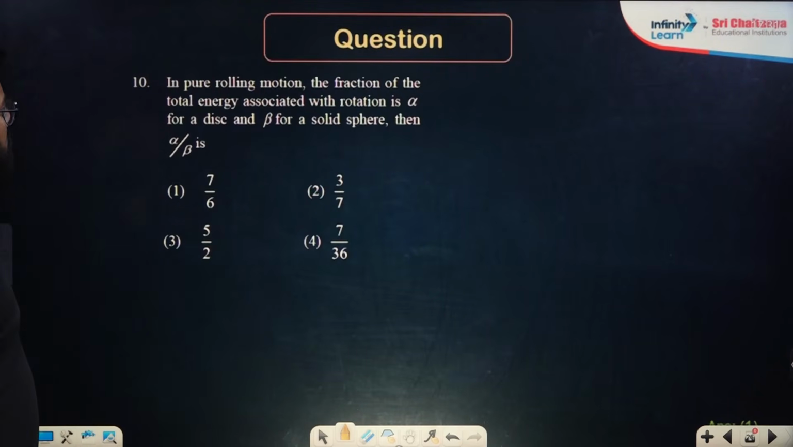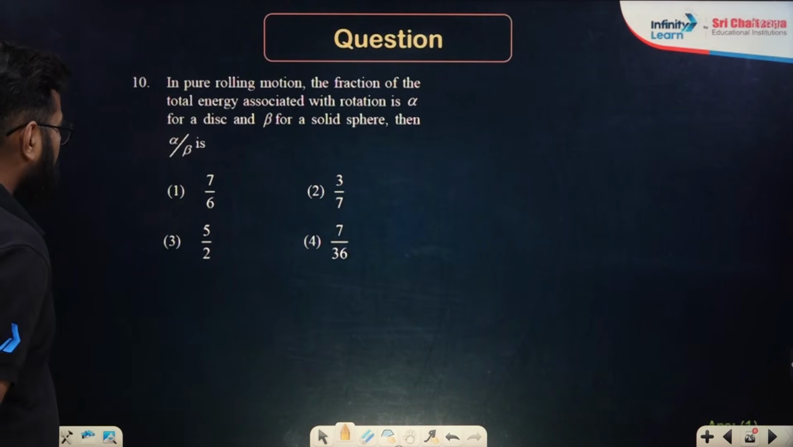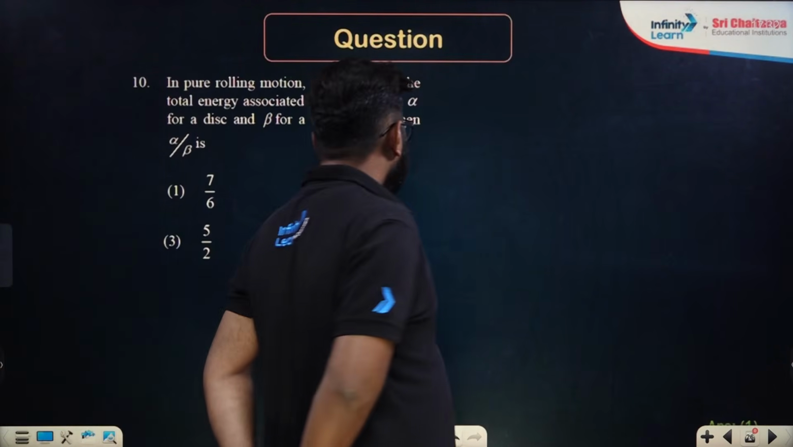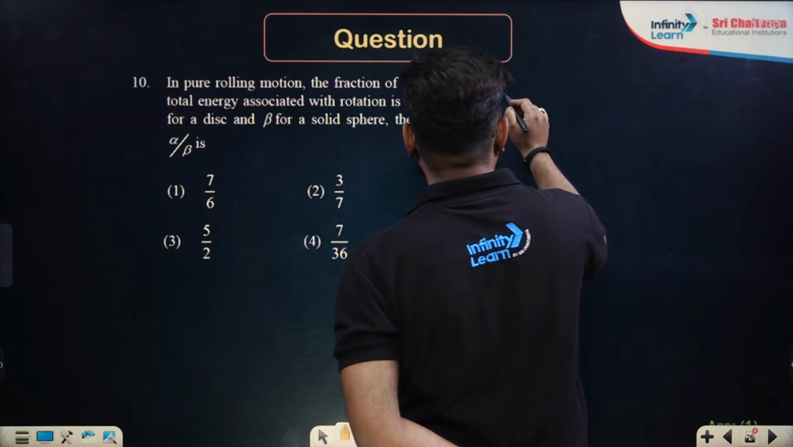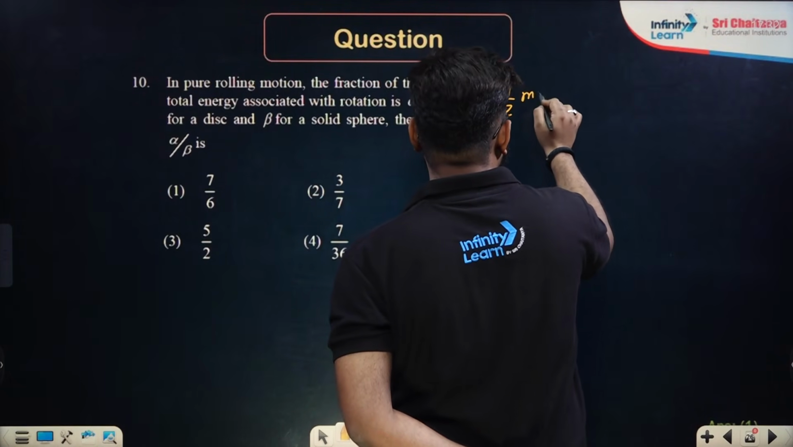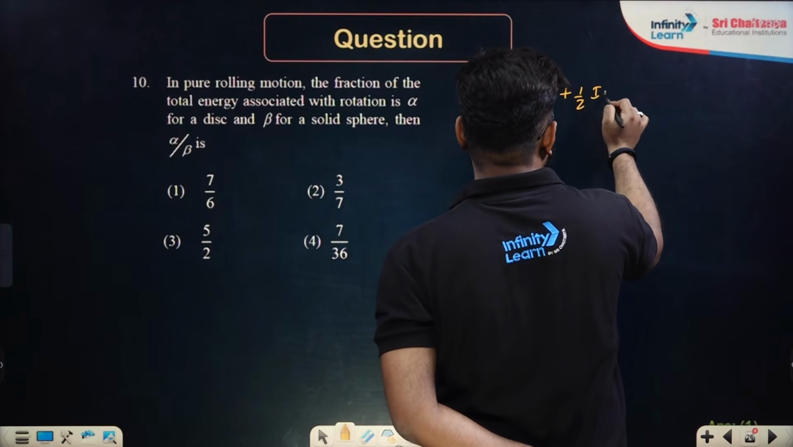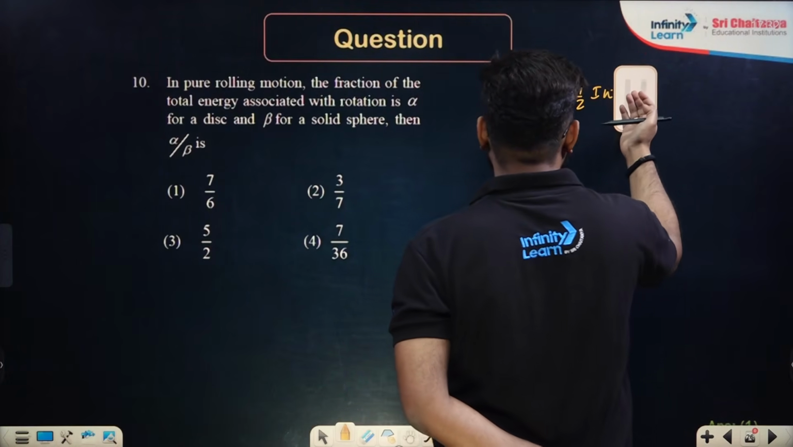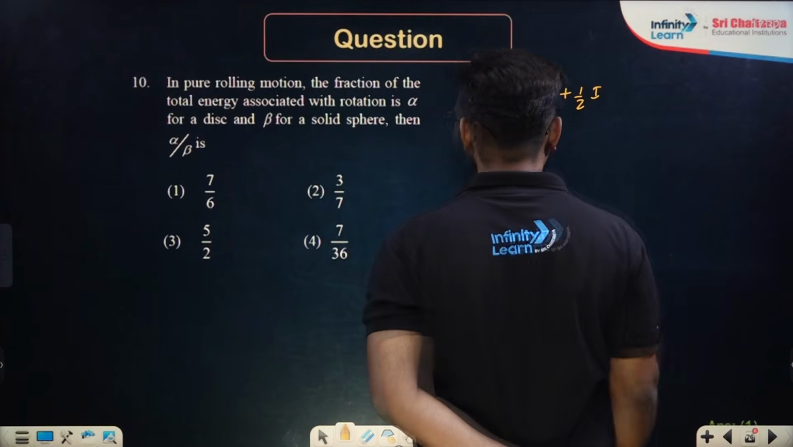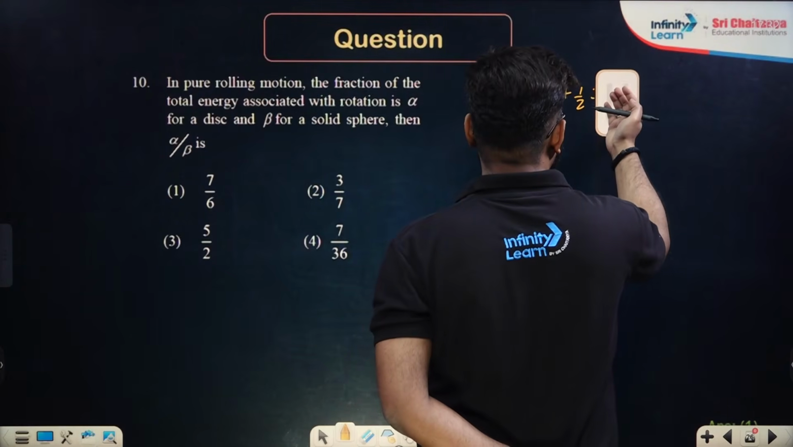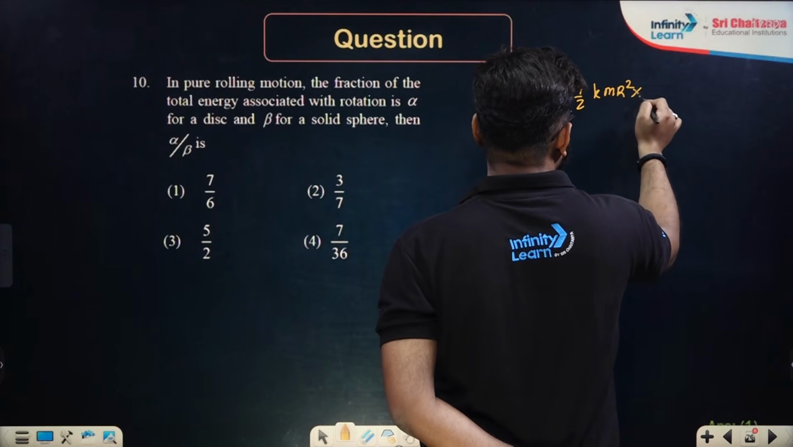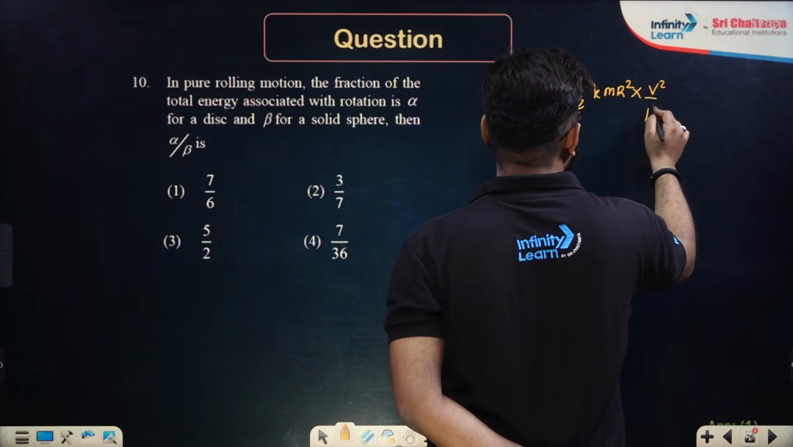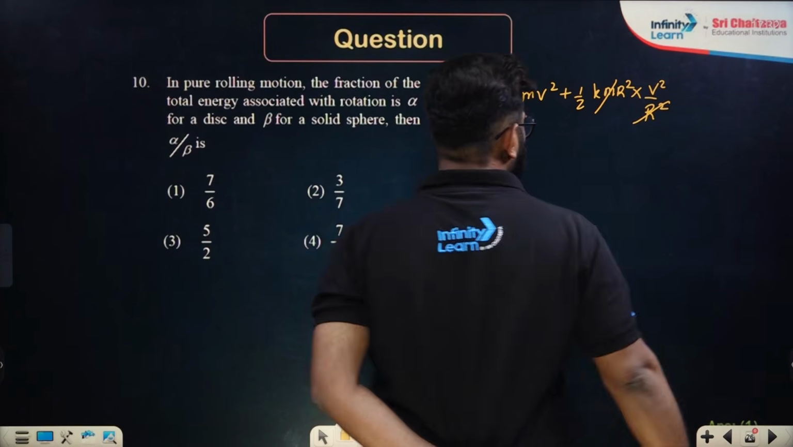In pure rolling motion, the fraction of total energy associated with rotation is alpha for a disk and beta for a solid sphere. Then alpha is to beta is. So whatever is the total kinetic energy associated with rotation, how you can find that out is, see, the total kinetic energy will be half mv square plus half I omega square, correct? And v will be over here. V over here will actually be equal to how much? I for any body can be written as k mr square, and omega square will be equal to v square by r square, correct? So if you notice carefully,